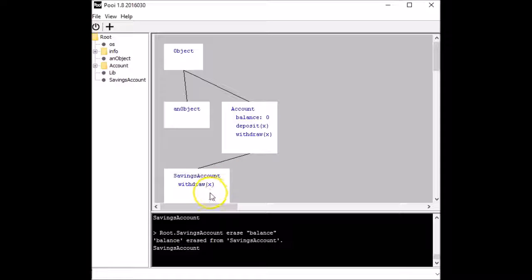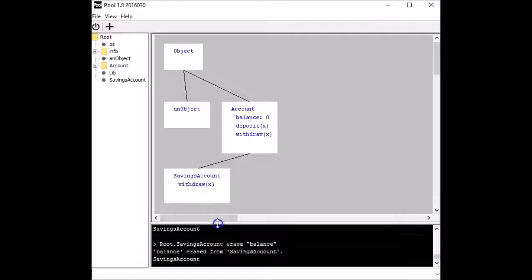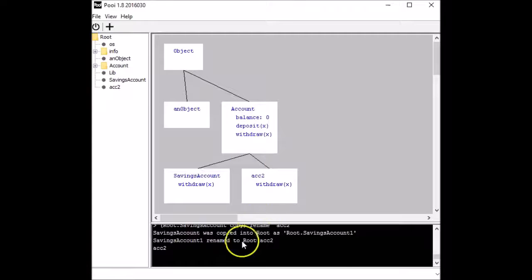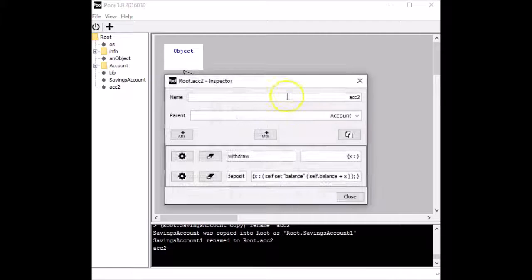So when the deposit message is received in savings account, it is going to be delegated to account. The deposit method is going to write in the balance attribute, but because of self pointing to savings account and because of the feature copy on write, a new attribute balance is going to be created in savings account. So let's create an instance of savings account, and let's call